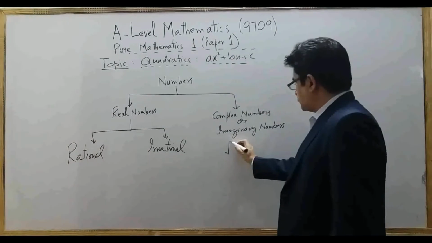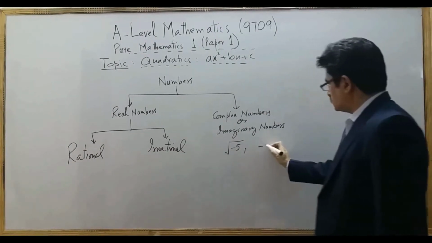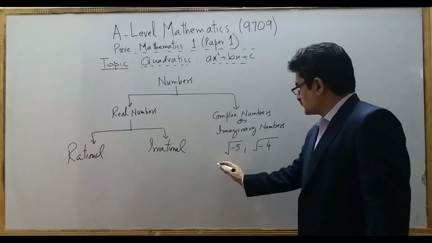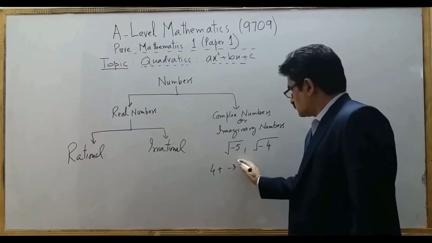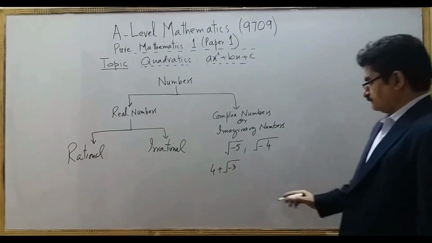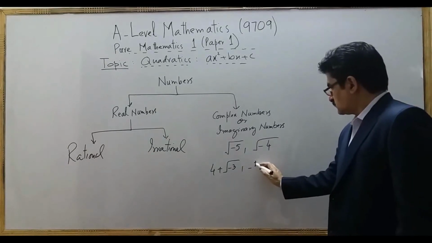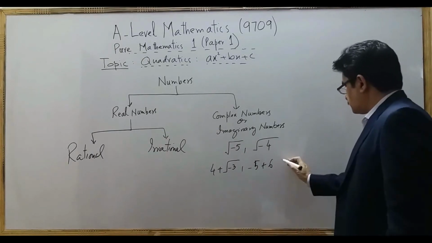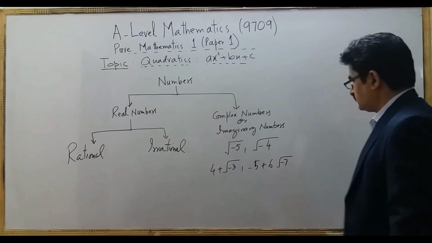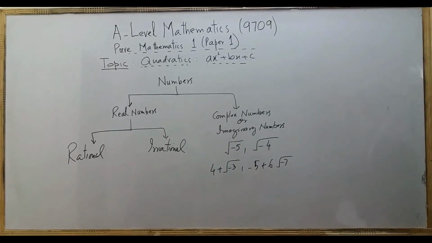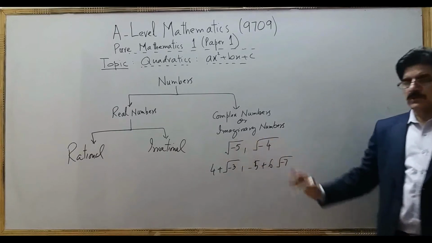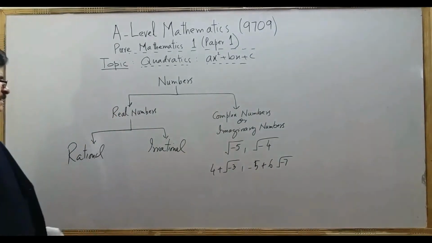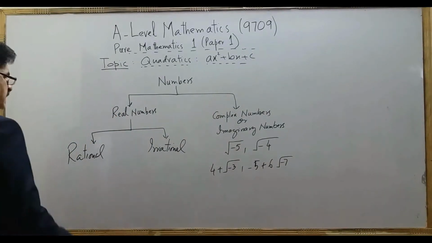The numbers like this, when you have a negative inside the square root, like minus 5 plus 6 into under the root minus 7. These numbers are complex numbers. If you use a calculator, the calculator will give you an error. We can't find the value. What are real numbers? Real numbers can be calculated from a calculator.